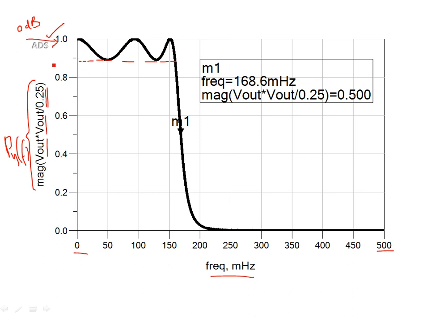This point is about 0.9, which is equivalent to about minus 0.46 dB. I'm just evaluating this roughly because the scale has not been set to dBs. But you can appreciate that this point is coming down to about